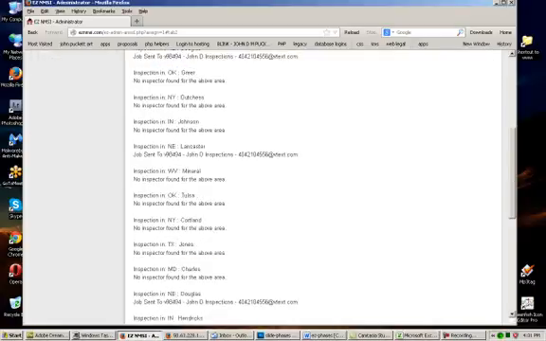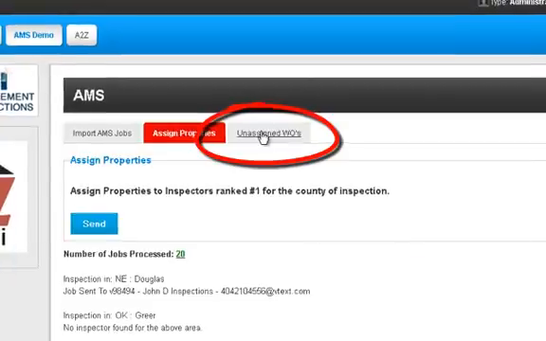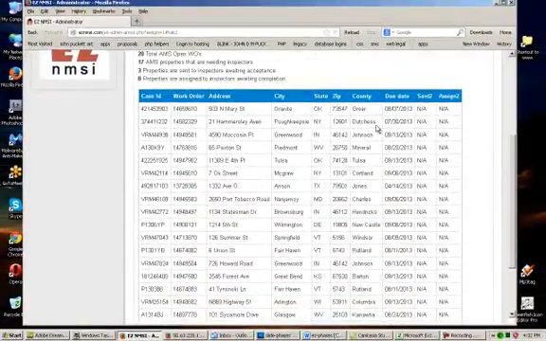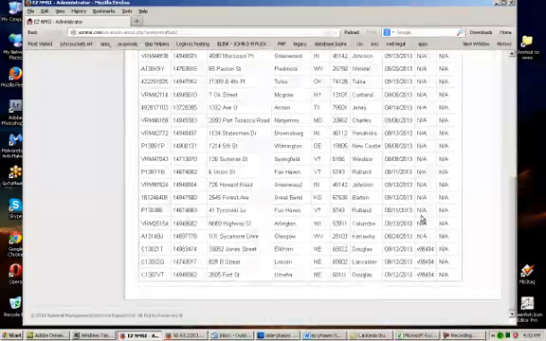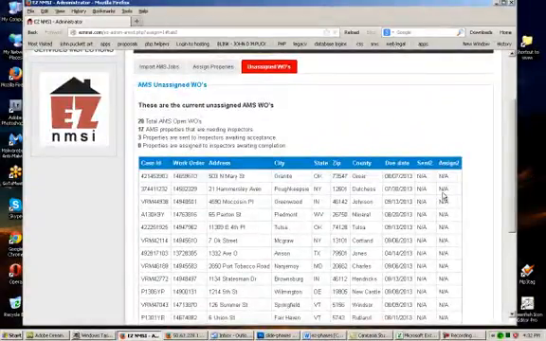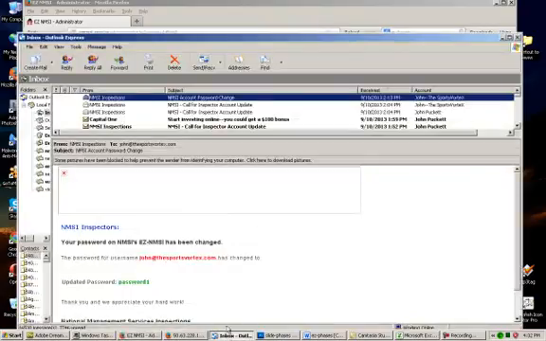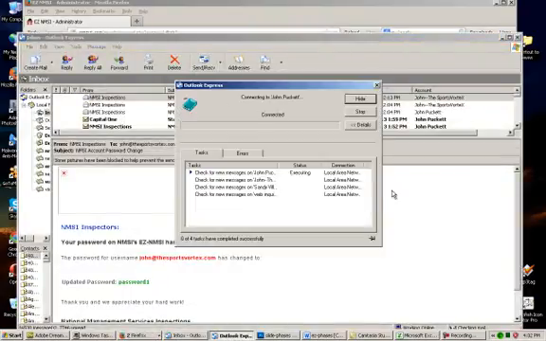And so what we're going to do now is go to our unassigned work orders, and this gives you a list of everything that has not been assigned. We have "sent to," which is all the people that, as you can see here, it's been sent to this inspector here. However, it still has not been assigned. So this is saying that we're awaiting approval. And so what we'll do is we have assigned the properties. Now we're going to go over to the